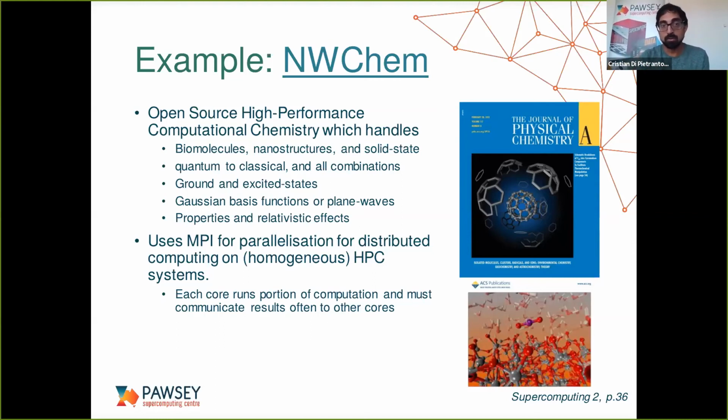which is an open source, high performance computational chemistry bit of software. It is normally meant to look at the interactions of molecules and nanostructures, so it can look at quite large structures. Nanostructures, it's meant to go from the quantum regime to the classical regime and look at how various substances